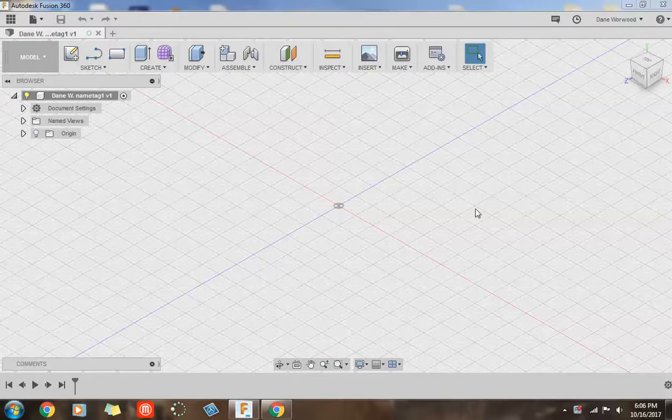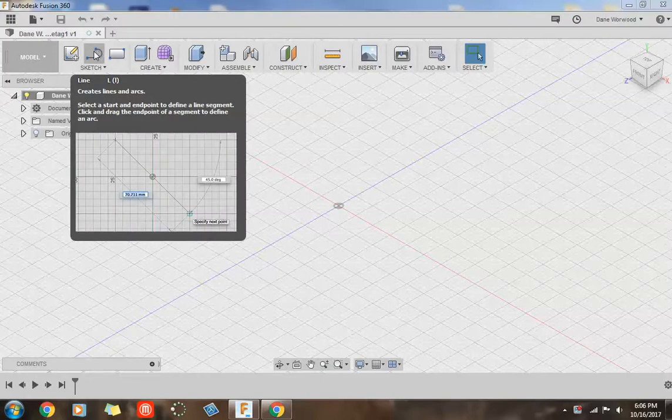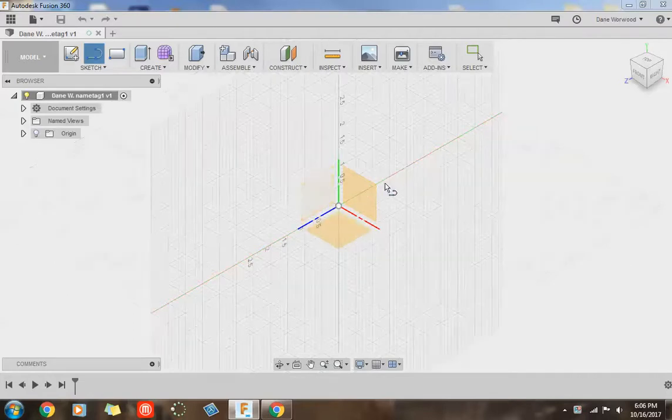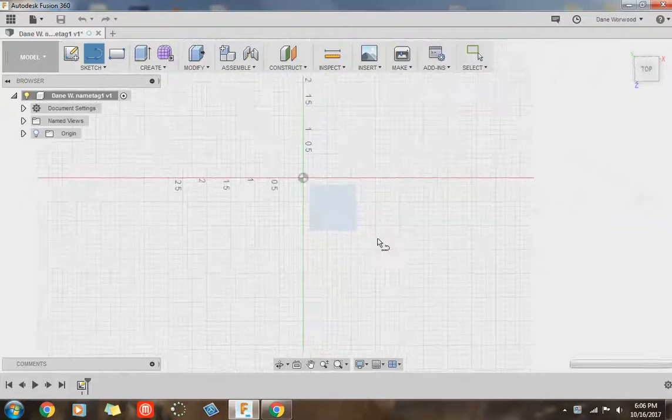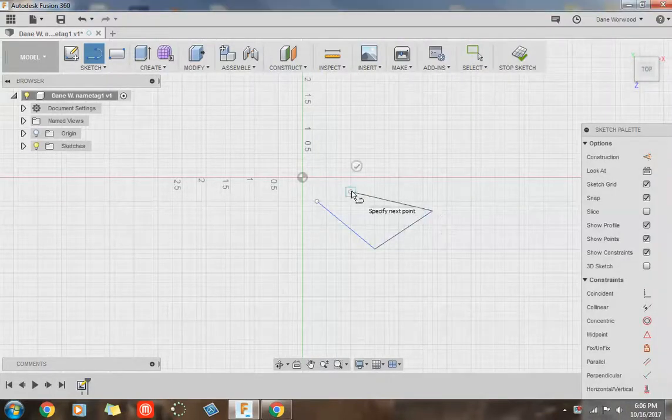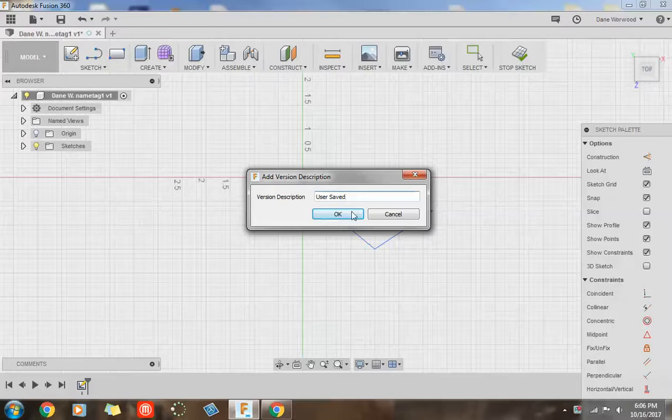Okay, to navigate, I just want to tell you a couple things. One thing is, a lot of you probably have already started a sketch. You probably went and hit sketch and started drawing. That's okay, but there's a couple warnings about this. So you need to just pick a plane. It doesn't really matter which one. Let's say I've created a sketch and I've drawn some stuff like that, and the day wound down and I